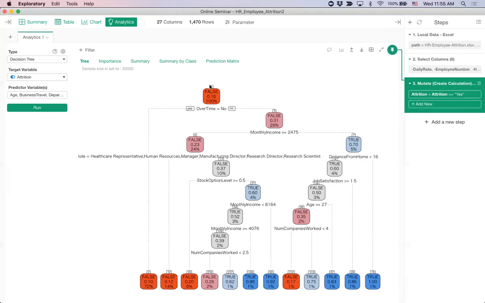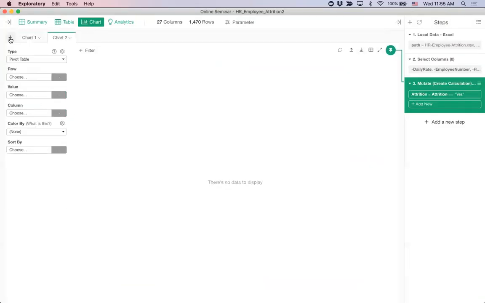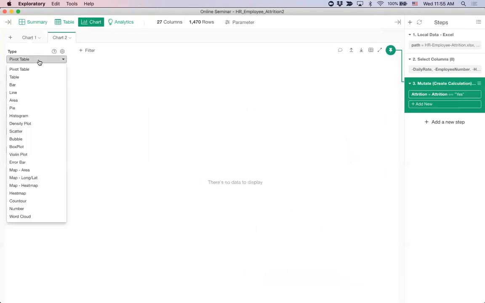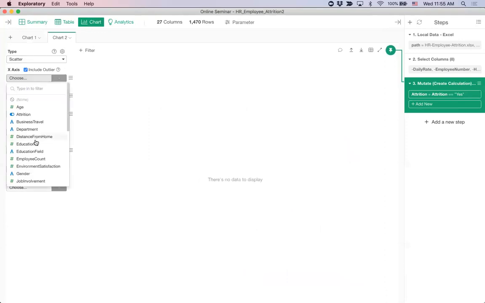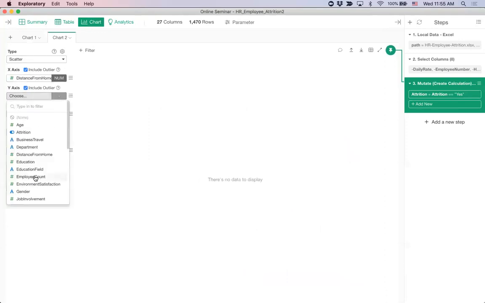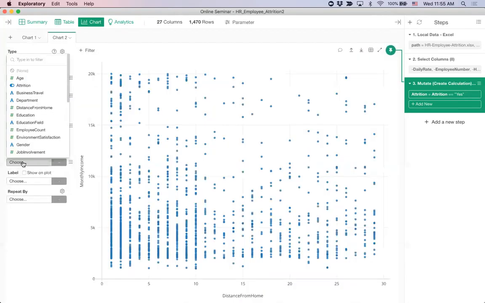And this is where there's no one single answer. It's more like an experimental thing. Sometimes I get a good result, sometimes I don't, but let me try that anyway. So here we can use a scatter, and then let's compare distance from home and the monthly income. And then maybe the color to be attrition